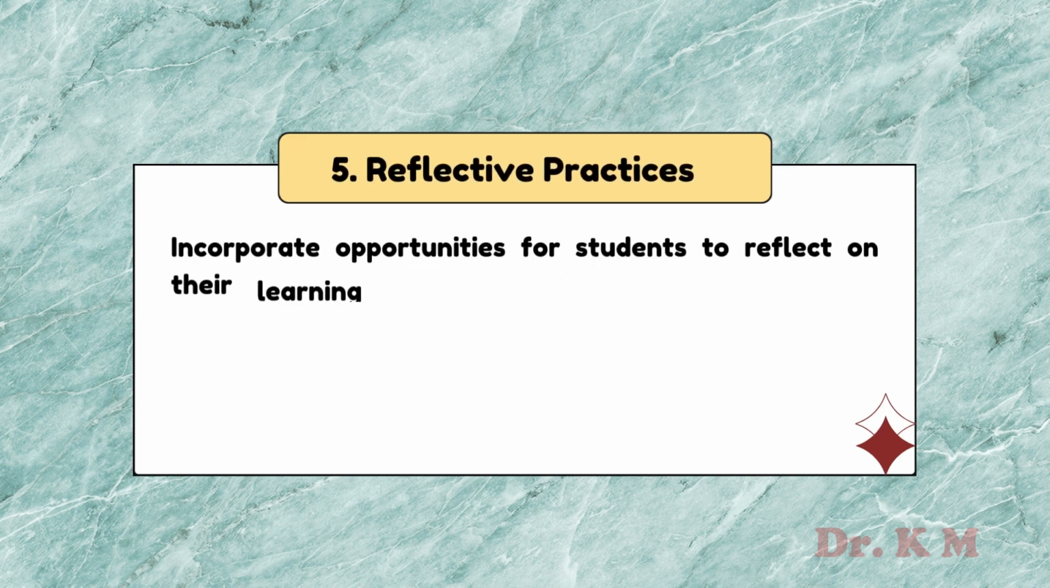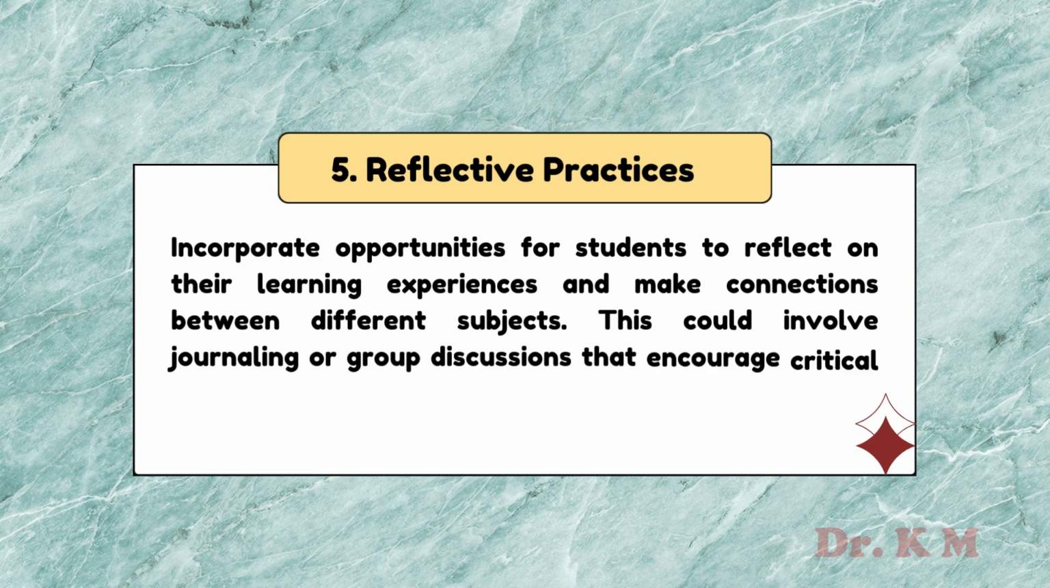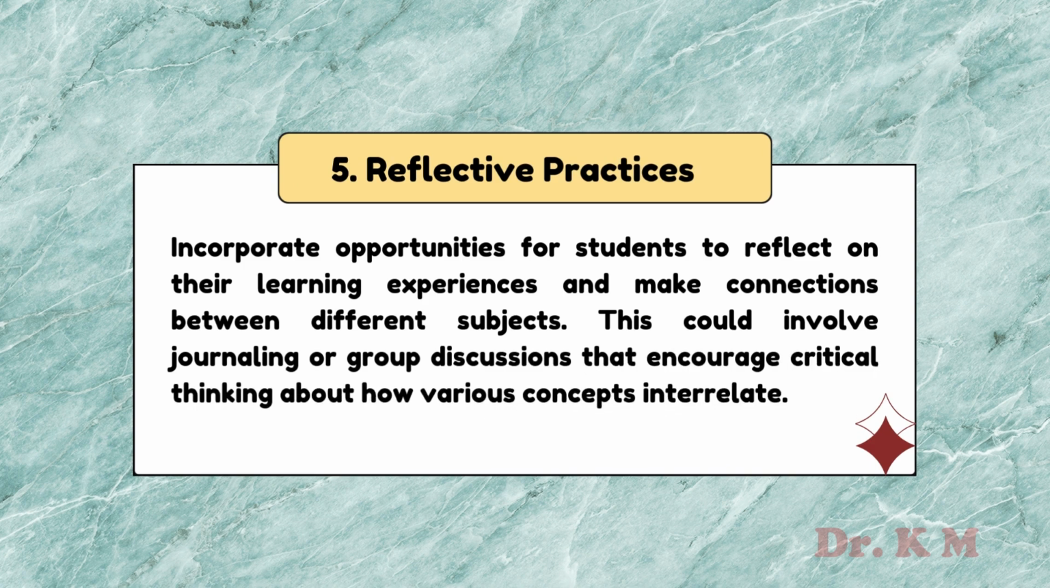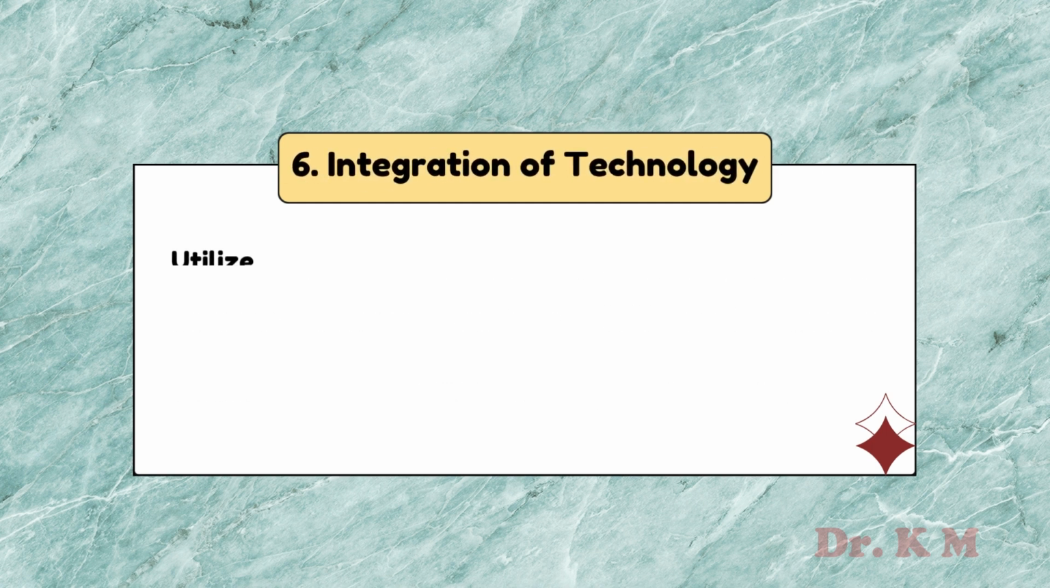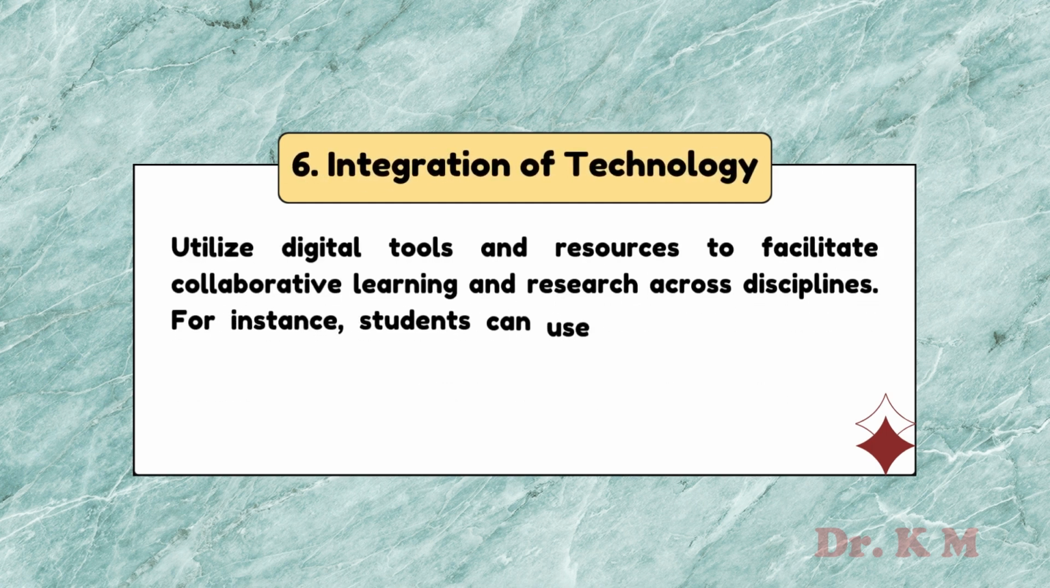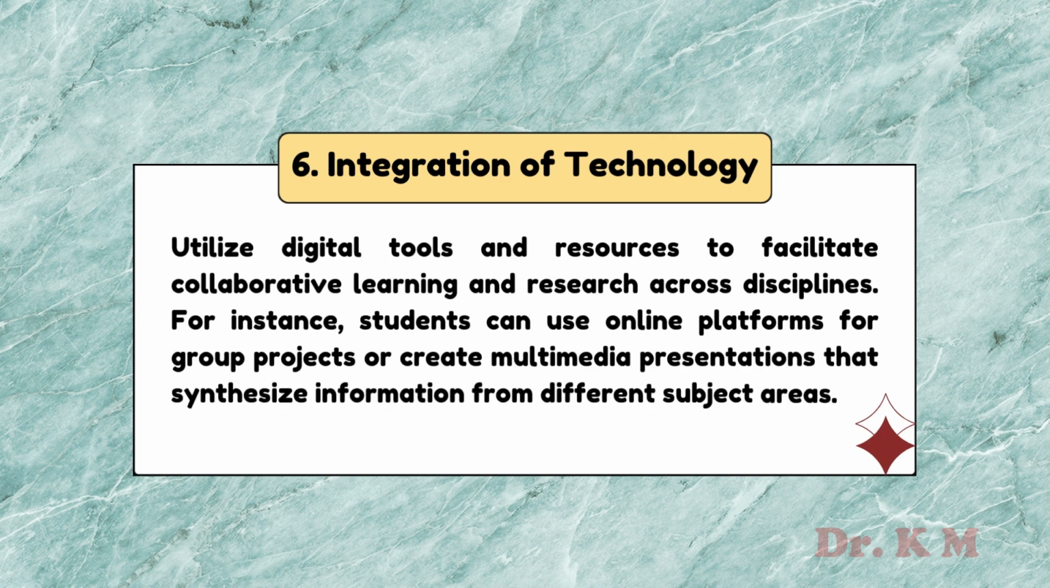5. Reflective practices. Incorporate opportunities for students to reflect on their learning experiences and make connections between different subjects. This could involve journaling or group discussions that encourage critical thinking about how various concepts interrelate. 6. Integration of technology. Utilize digital tools and resources to facilitate collaborative learning and research across disciplines. For instance, students can use online platforms for group projects or create multimedia presentations that synthesize information from different subject